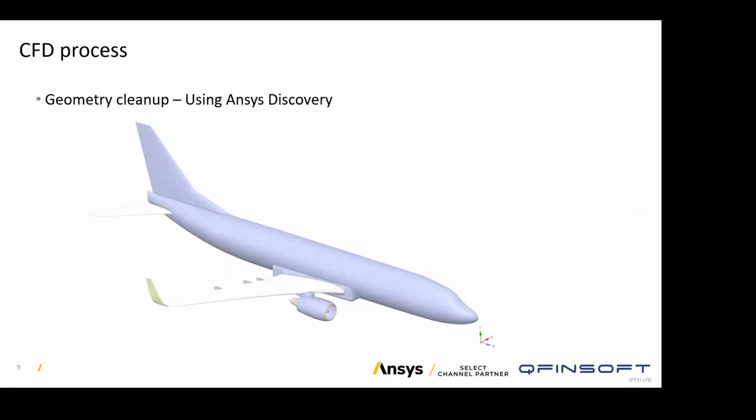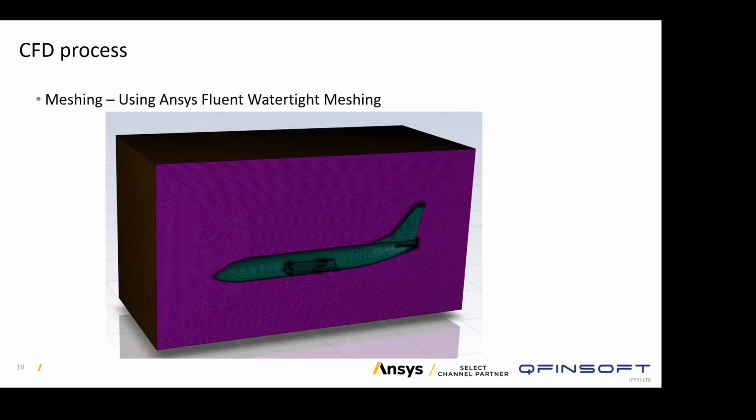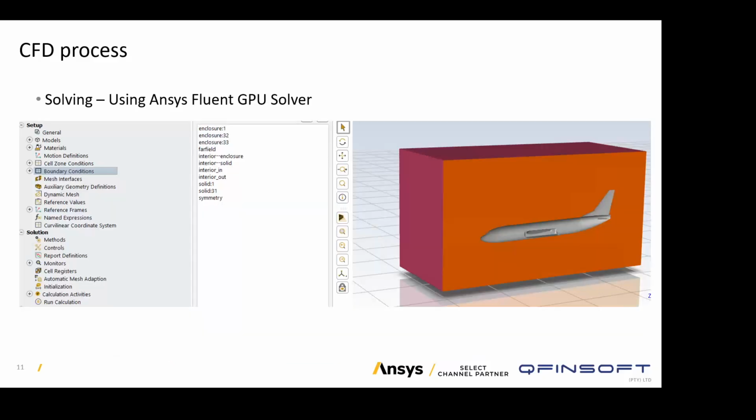Now let's dive into the model that we're going to look at today. We're going to look at the external aerodynamic flow over an aircraft. We're going to start off looking at geometry. I'm not going to do the geometry cleanup. I'm going to start with a clean geometry already, but I'm going to extract the fluid volume around the aircraft, which we're going to use to solve the flow. Next up, we will create the mesh, and the meshing application will be ANSYS Fluent Mesher, and we're going to use the watertight meshing scheme for this application. And then after that, we will transfer the mesh to the ANSYS Fluent GPU solver, where we will set up the boundary conditions, the material properties, and solve the model.